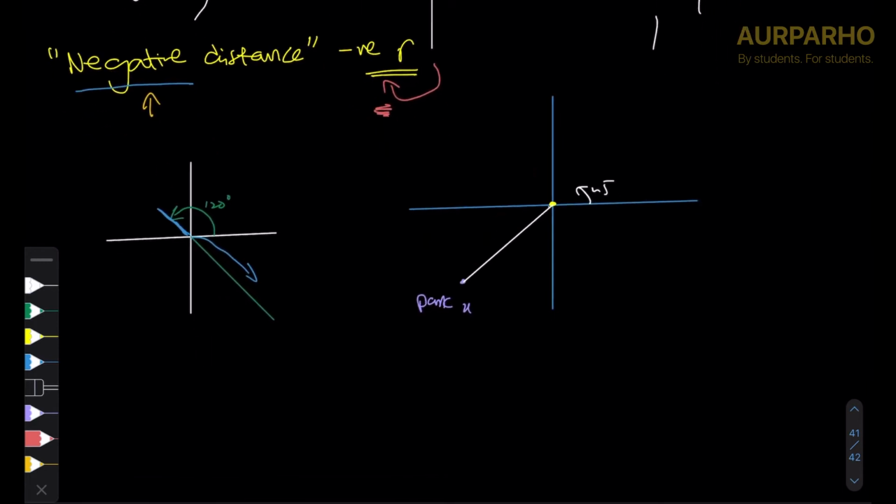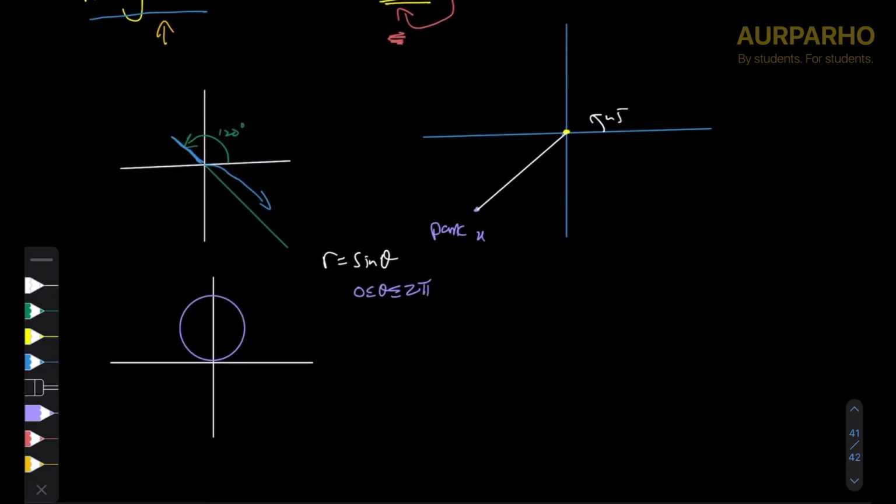So for example, the graph of r equals sine theta is a perfect circle. Oops, please recognize my poorly drawn circle. From 0 to 2 pi, right? And you might wonder, well, okay, there's something here, but why isn't there anything in this quadrant and in this quadrant? And the answer actually is that